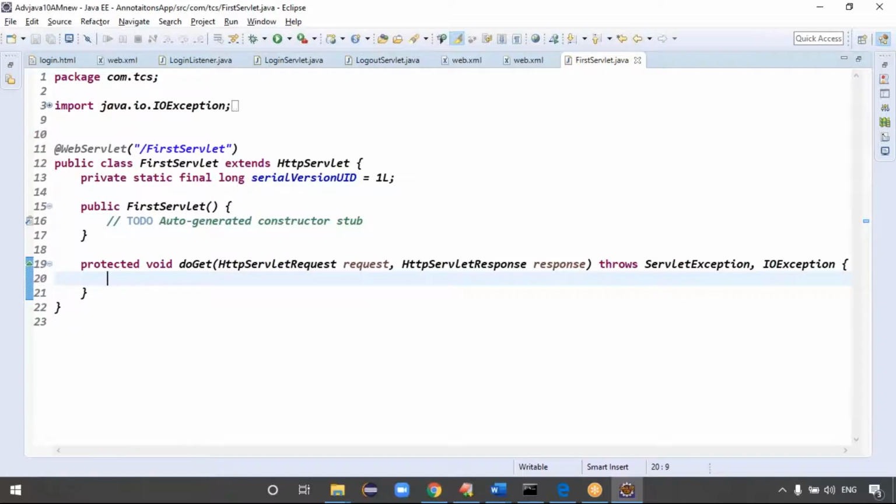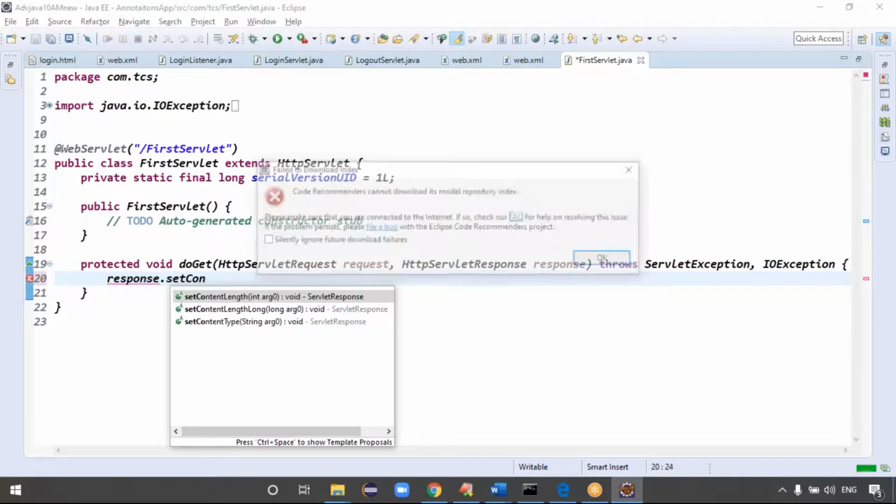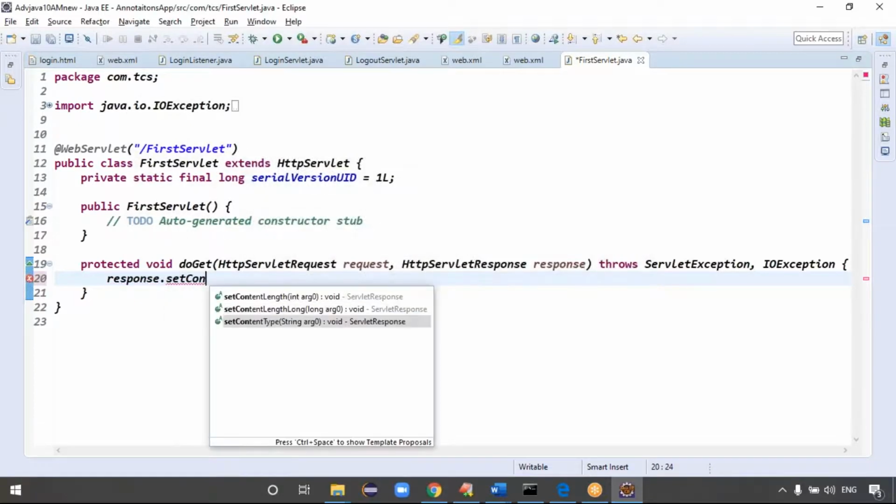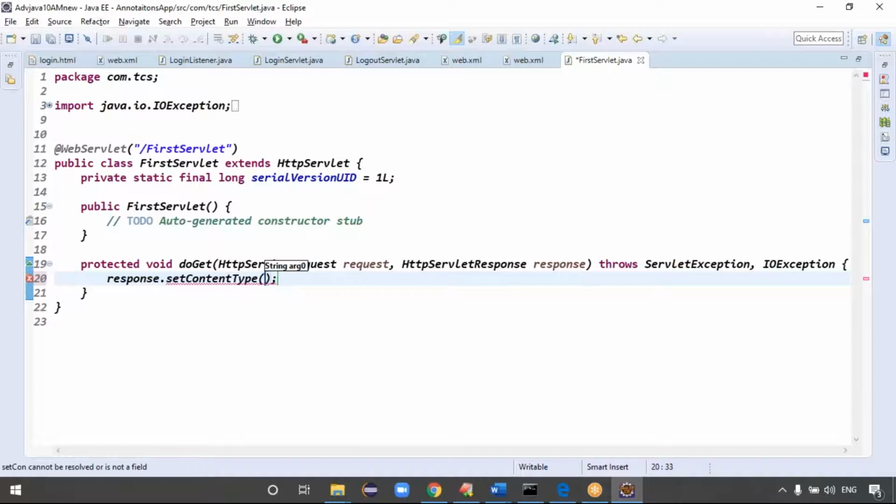Yes, if you want, you can write some response so that you can run this code. First of all we have to specify response.setContentType, like text/html, right? Exactly.